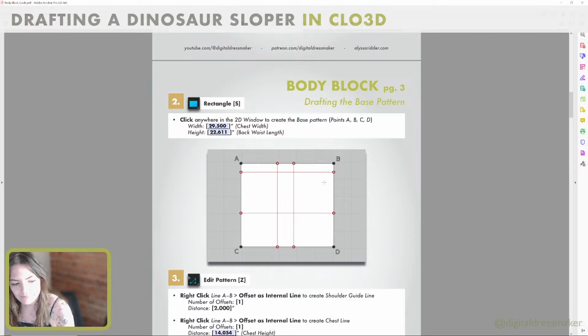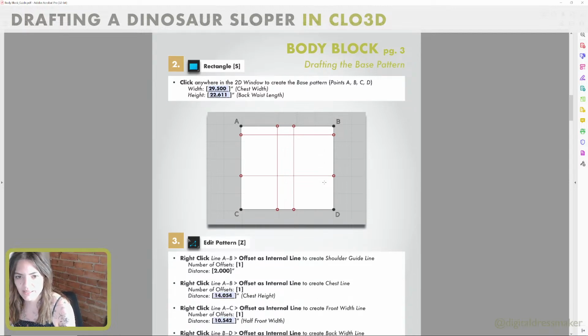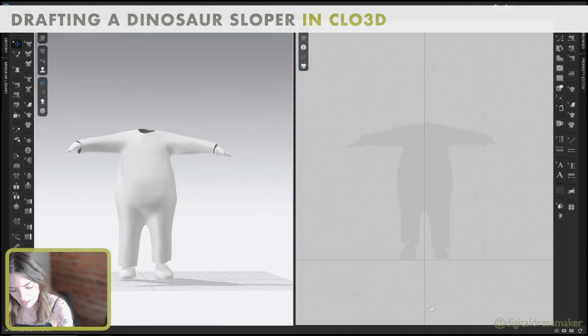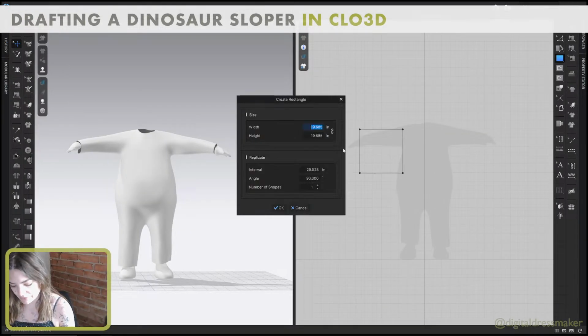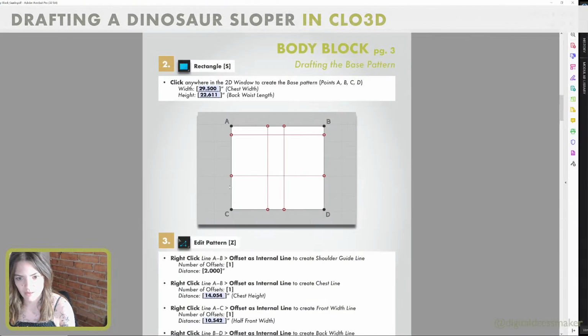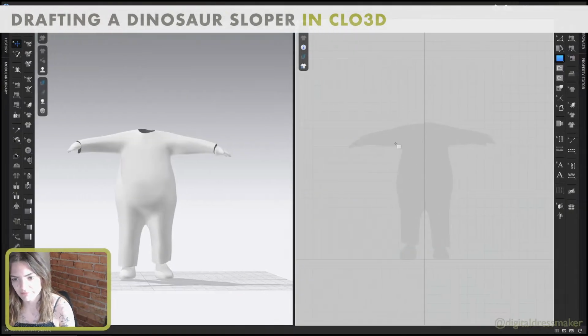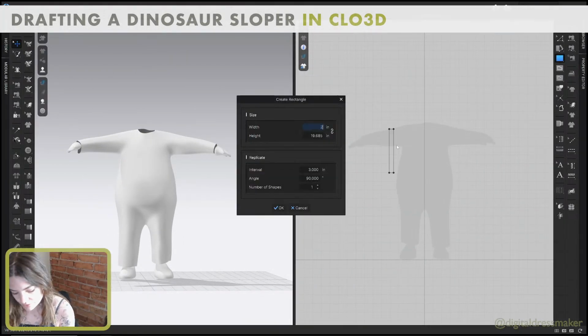Okay. So we're starting with rectangle tool. Click anywhere in the 2D window to create the base pattern. So the width is going to be 29.5 inches, and the height is going to be 22.625. All right. So I have to go again. Oh my gosh, I already forgot them. 29.5, and then 22.6. Okay, here we go. 29.5,